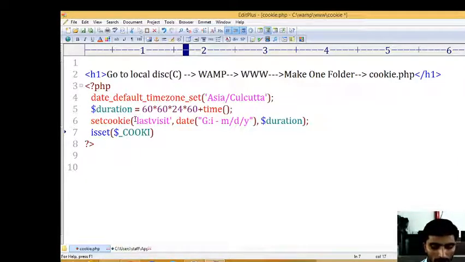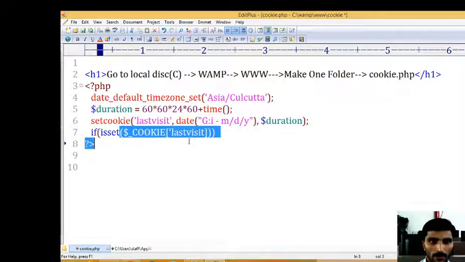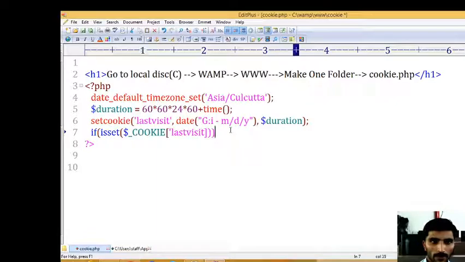That is the if condition, then close it like this. This is the first bracket, this is the second bracket, that is the if condition within isset. If isset, then open and close.